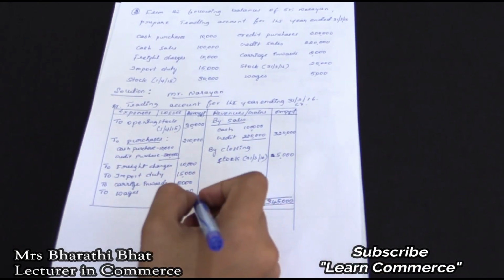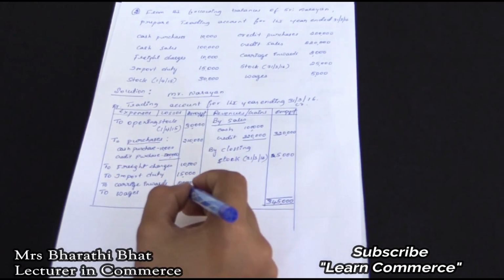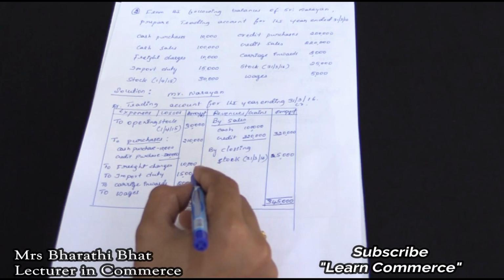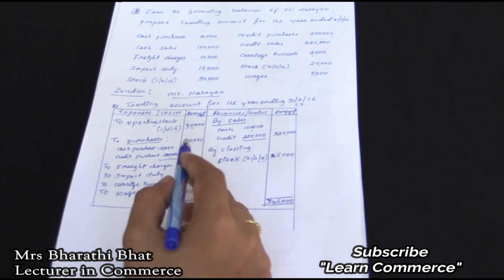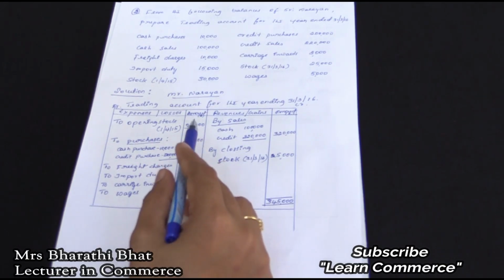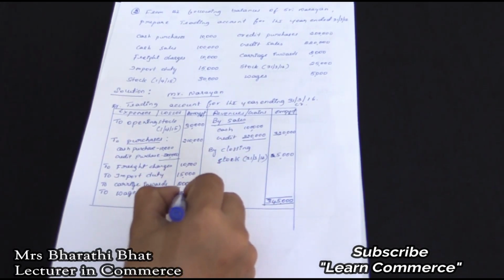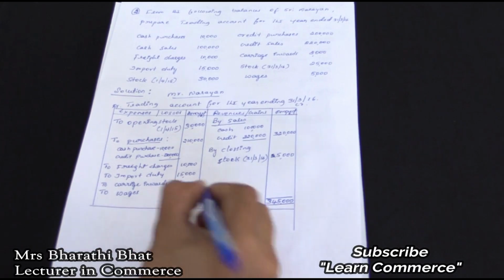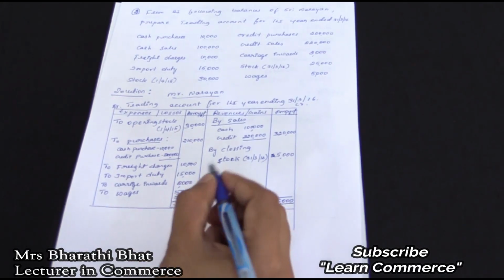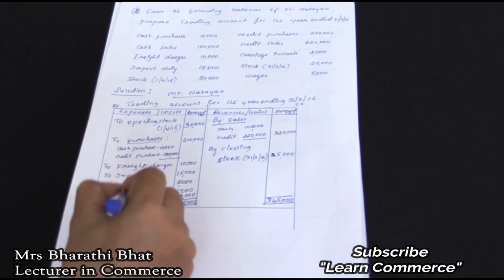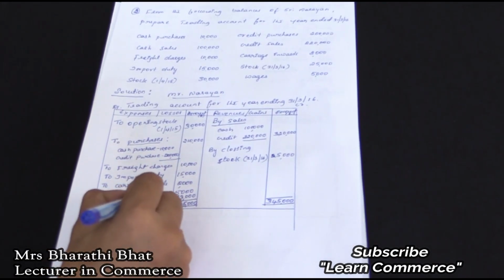Then you have to deduct all these amounts: 3,45,000 minus 5,000 minus 2,000 minus 15,000 minus 10,000 minus 2,10,000 and minus 30,000, and the final outcome is 73,000. By adding 73,000, this side shows 3,45,000, that is gross profit